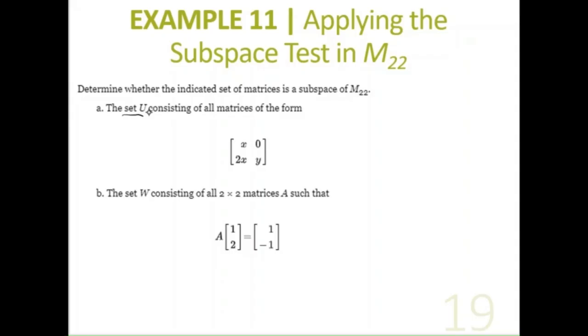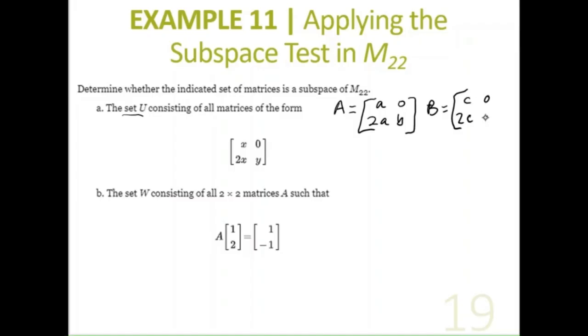Okay, so if we're trying to see if it fulfills the subspace test, we have to realize that we're going to have to prove this, obviously. So we're going to say let A equal [a, 0; 2a, b]. This would be a very generic form of this matrix, because we're trying to prove this. And then here we're going to have another matrix, B, and that one's going to equal